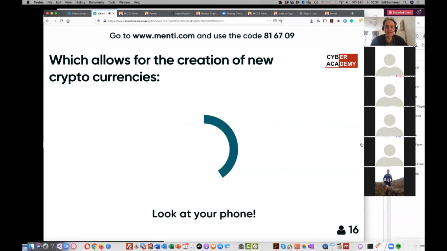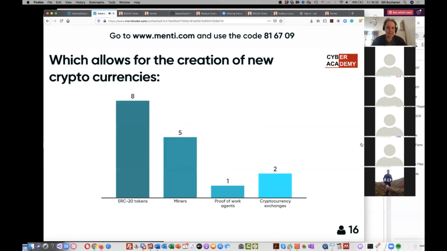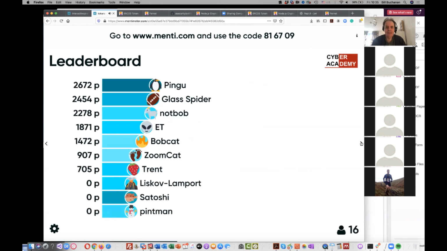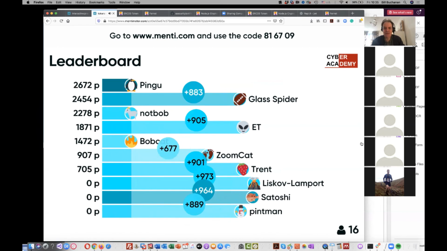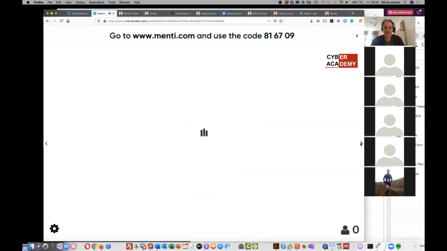Which allows for the creation of cryptocurrencies: ERC20, miners, proof of work agents, or cryptocurrency exchanges. If we want to create our own cryptocurrency, which one would we create? ERC20 tokens. Here we go on. Satoshi is doing well. It's good to see. But it's Glass Spider back at the top again,